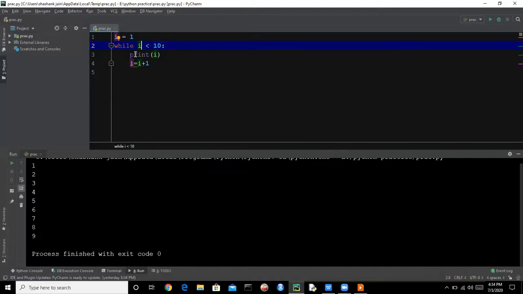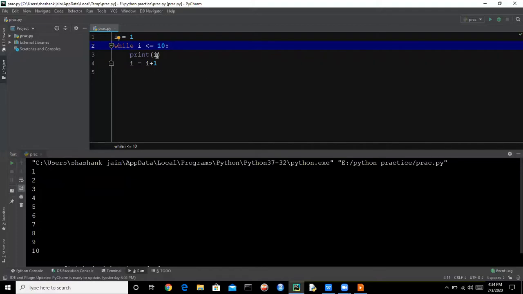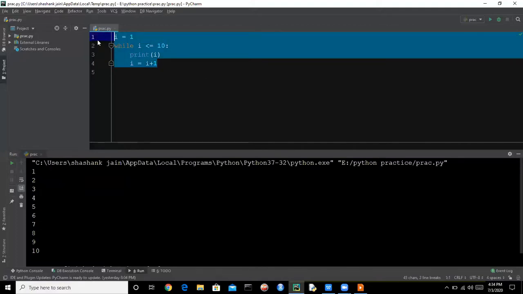So the condition is false, then the loop will break. If we want to print 10, we need to give the condition like i is less than or equal to 10. So here we are using another operator, equal to. Let's run this. Now we have 10 in the output. So this is how we can work with the while loop.